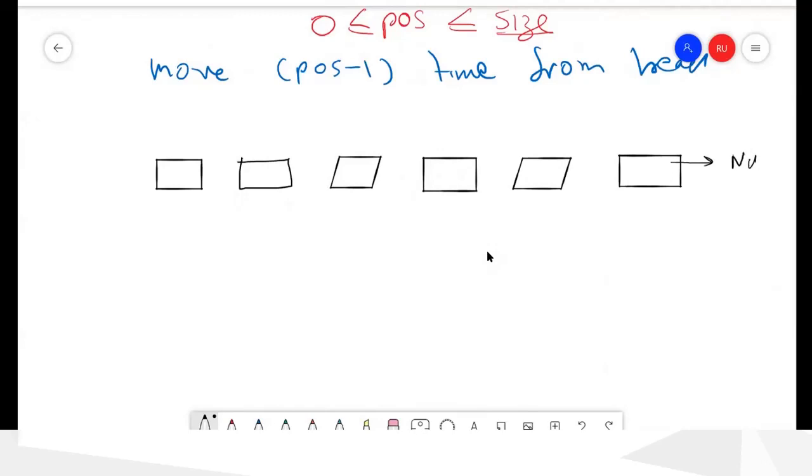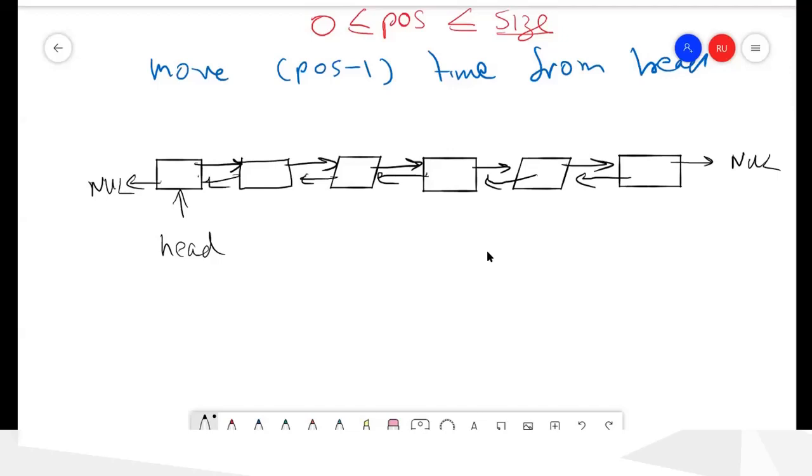Okay, so this is null, and this one also null, and this is head, and from here you go this way, this way, this way, this way, and this way, and from here you will go this way, this way, and this way, and this way. So our indices are 0, 1, 2, 3, 4, 5. So we have 6 elements, and our valid index, so we can delete this node, this node, this node, this one, or this one, or this one.